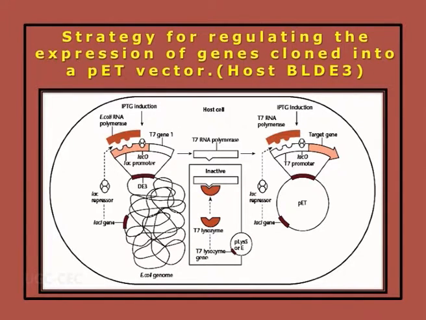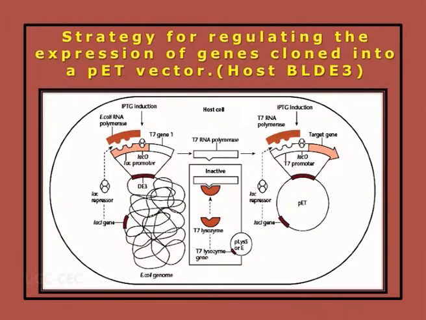It means expression of the T7 gene, or T7 RNA polymerase, is under the control of the lac promoter, which is induced only in the presence of IPTG or lactose. So, when the cells are grown in the presence of IPTG or lactose, then only T7 RNA polymerase is synthesized, and then only it will bind to the T7 promoter, which will lead to the expression of my target gene. It means it is totally under the control of the user. And moreover, there exists T7 lysozyme to nullify the overexpression of the gene in the absence of lactose.